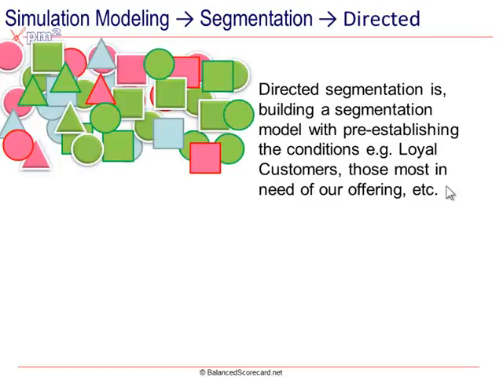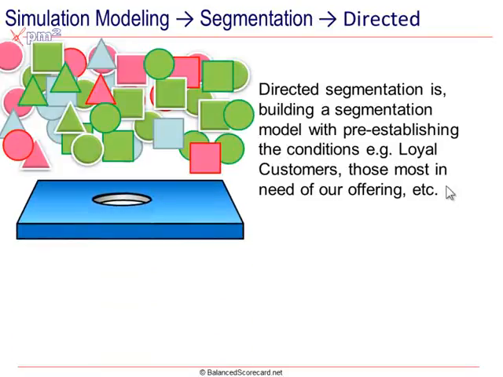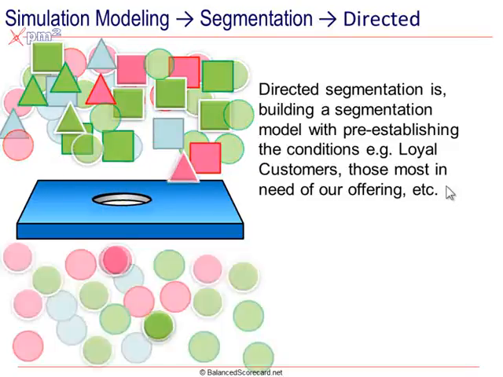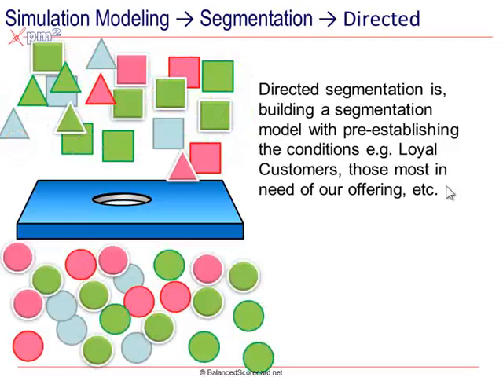In a directed analysis, what we would do is create some sort of filter that would take a look at the population, and only members that passed our criteria would pass through, and the other ones would fail. So by the time we're done, we end up with a segmentation that looks like this. This is called a directed segmentation because we're directing an analysis of the population to cull out those that we're